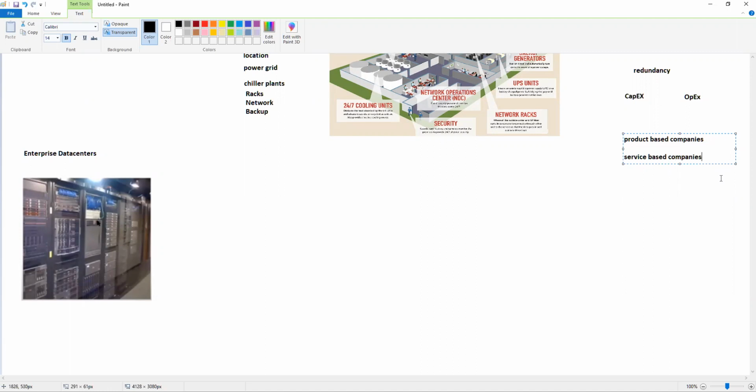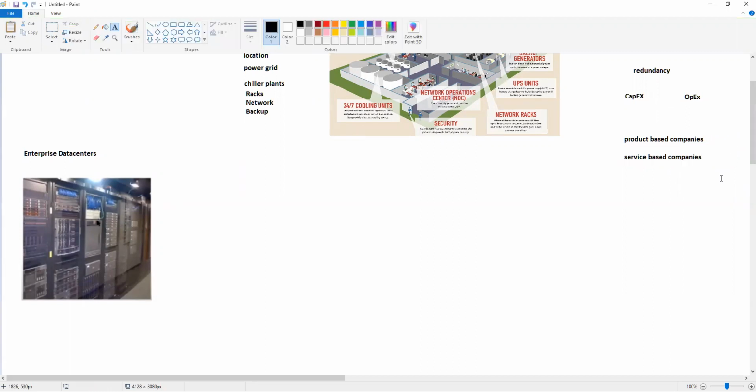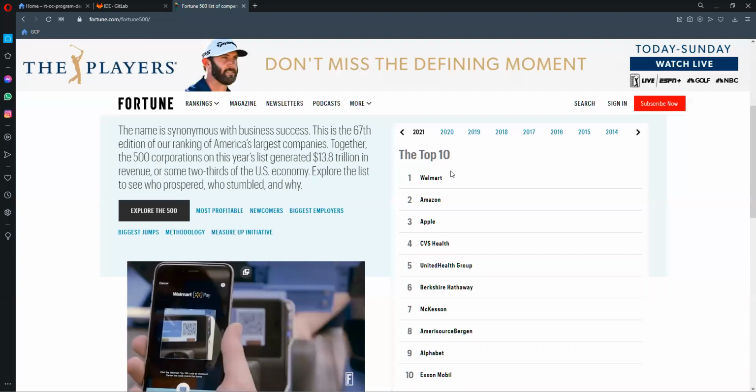This is also a very common term that everybody uses in IT: a product-based company, a service-based company, service industry, product industry. So this is what they mean. Every business is there because they are providing some kind of service. The service that they are not providing, which is related to IT, they are known as product-based companies. Like Walmart is not providing IT service, right?